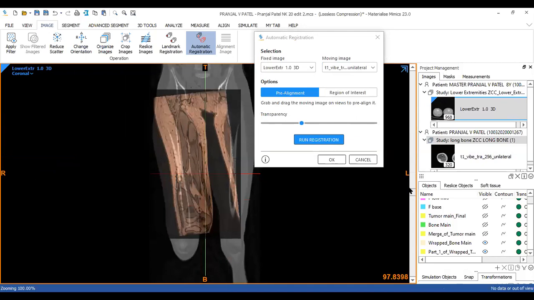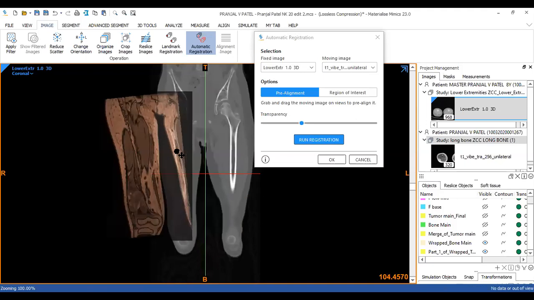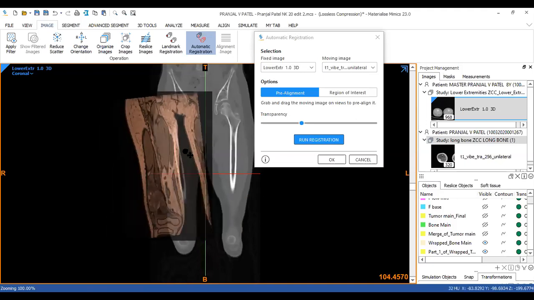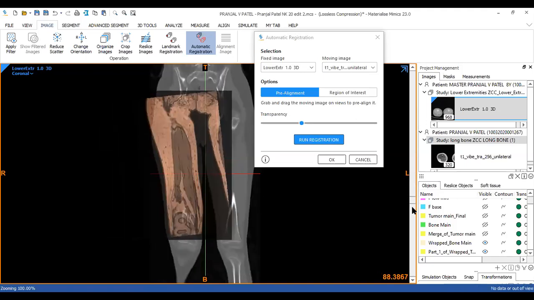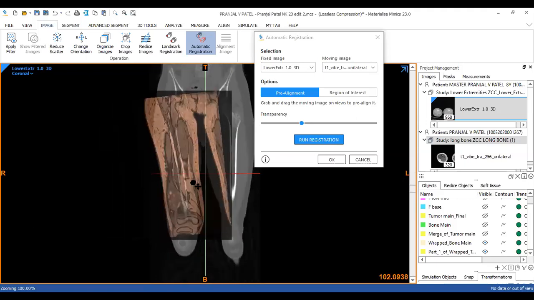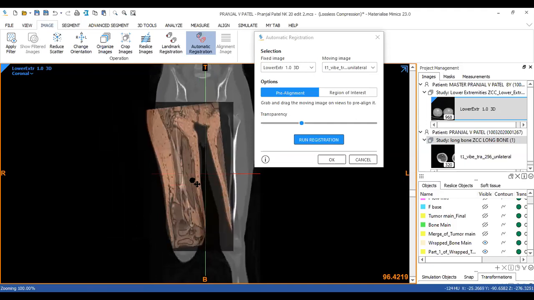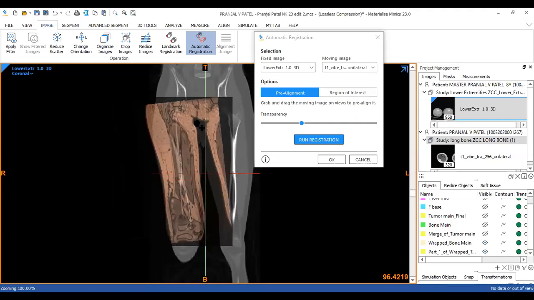So I have to try and align. There's something similar here. So I have to bring it down further. So why we could not align here? If you see, this is a tilted angle of the pelvis, right? So this cannot be used, and unfortunately, we do not have an option of rotation here.